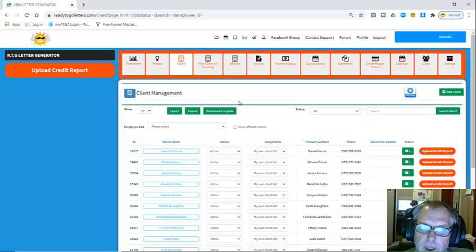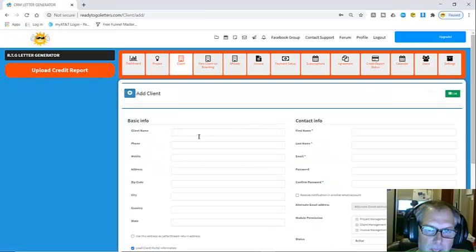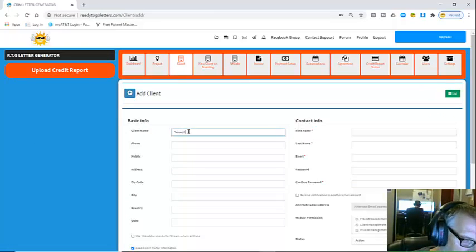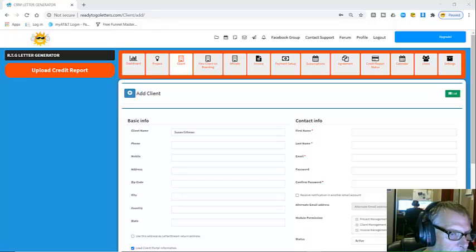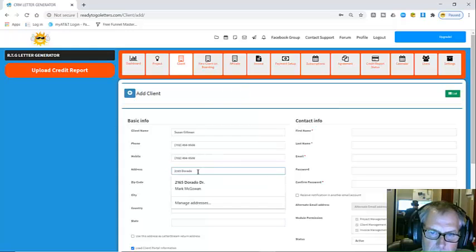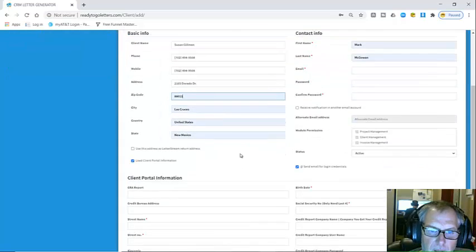But I'm gonna show you how I import a client. I come up here and I hit Add Client. The client's name is Susan. Okay. And I've got two screens up here, so that's what I'm using. Copy, paste the address. Copy, paste. Okay, and the zip code. Alright, so